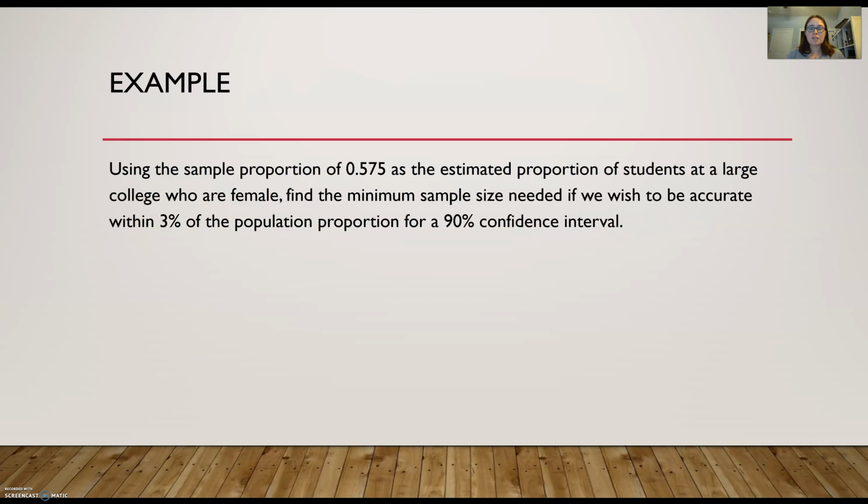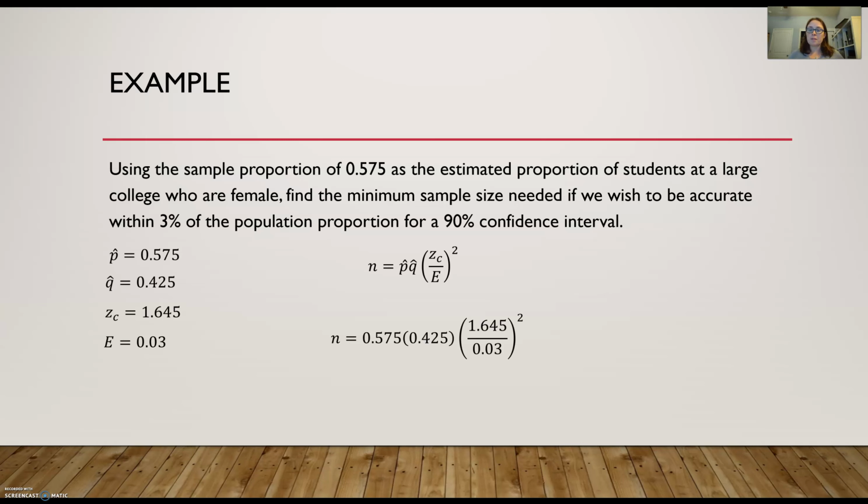So we're going to use the same information from that last problem. So I've got a sample proportion still of 0.575. And they want us to find the minimum sample size needed if we wish to be accurate within 3% of the population proportion. So that's my error. I want to be within 3%. And we're at 90% confidence level. So there's my P hat. Q hat's going to be 1 minus that. My z-score is going to be the same as before because I'm still doing a 90% confidence level. My error is 0.03 from the 3%. So I get this formula, plug all of that information in, and then calculate it. And so I get about